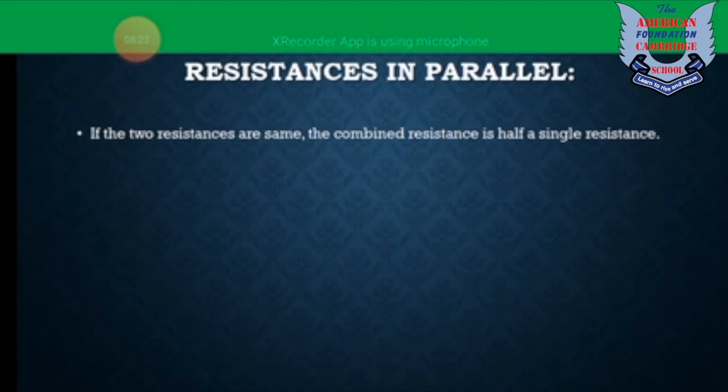Now moving to the questions of the book. Now you can easily answer the difference and the two advantages of connecting the bulbs in parallel rather than in series. The first one is that whenever we need to remove any single component, we can remove it and there will be no effect on the remaining components.